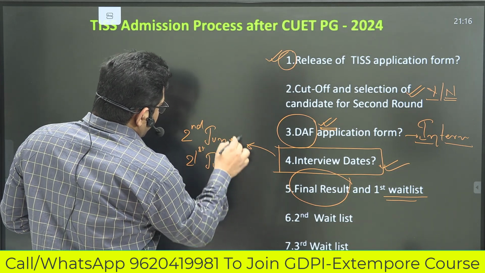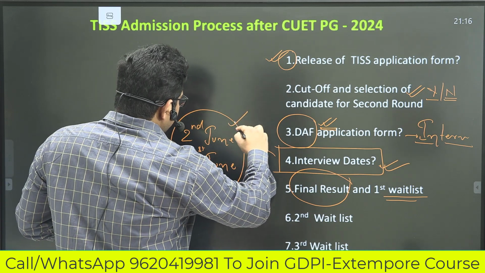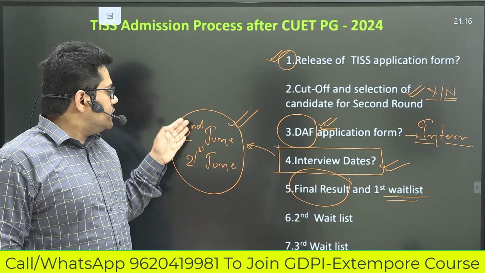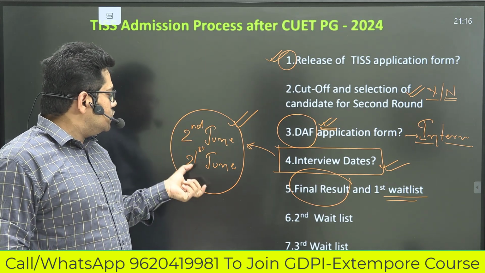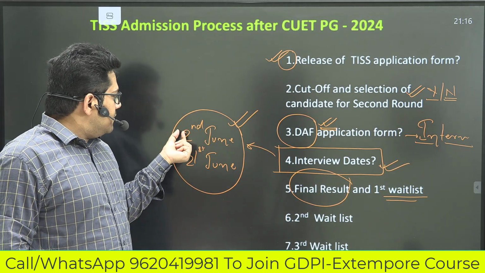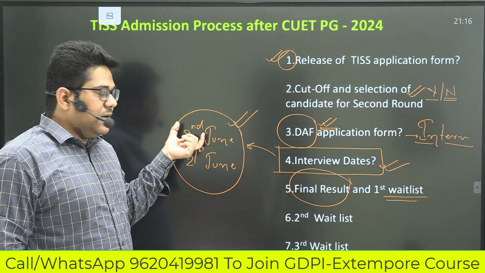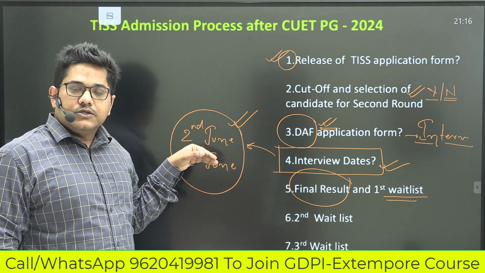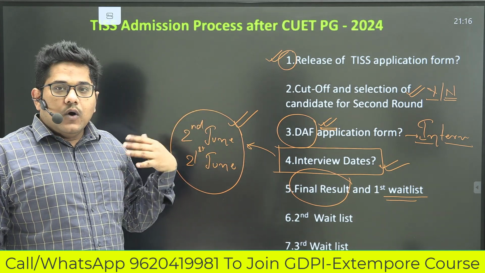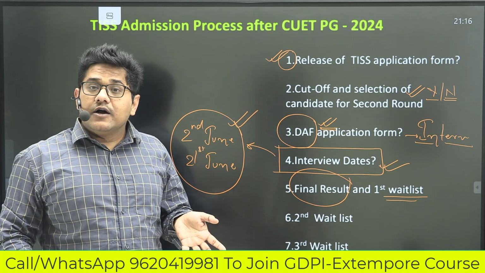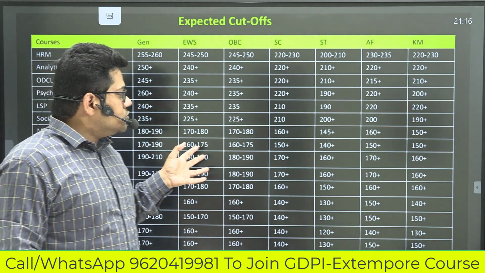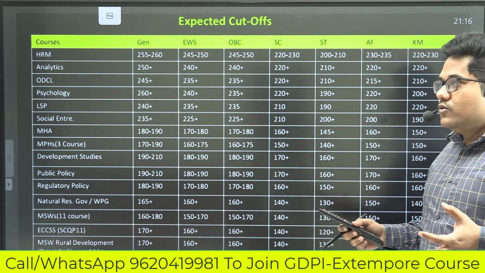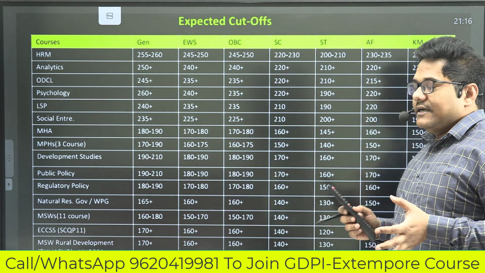You can cross verify. This was released by TISS according to their academic calendar. So it is for sure that the interview is going to be between 2nd June and 21st June. I'm a little confused whether it is 5th or 2nd, but it doesn't matter. This is a rough or approximate date of your interview. If you are anywhere close to the cutoff marks, we have revised the cutoff marks of select courses. You can look into the cutoff marks; I've put up the details in the chart.